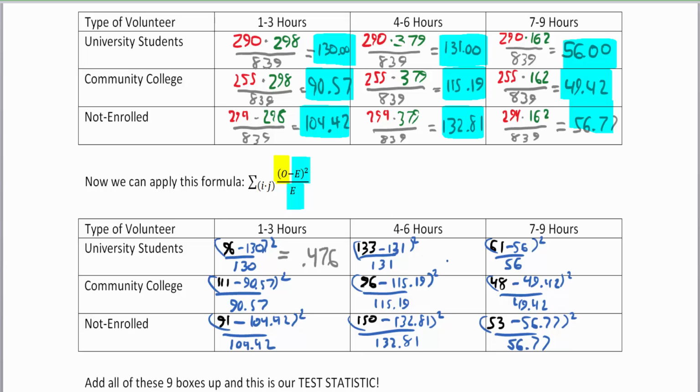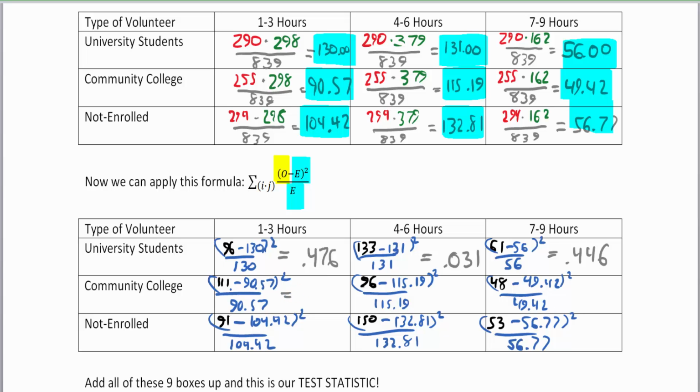Because we're going to keep adding these, we're going to add all these up for our chi-squared test statistic. So subtract these and subtract these, square it, divide by 131. This is another small value, which is good. We were pretty close there. And here we go, 61 minus 56 squared divided by 56. That gives us 0.446. Okay, so pretty close on these, but now as we get to these, you're going to see some bigger